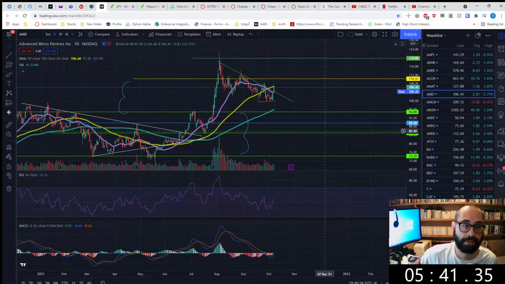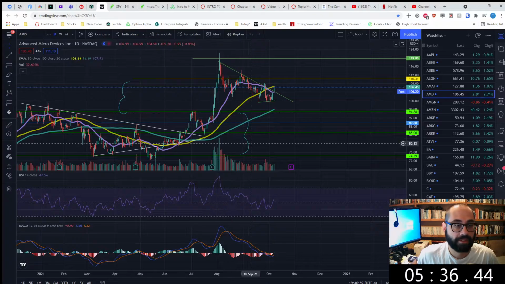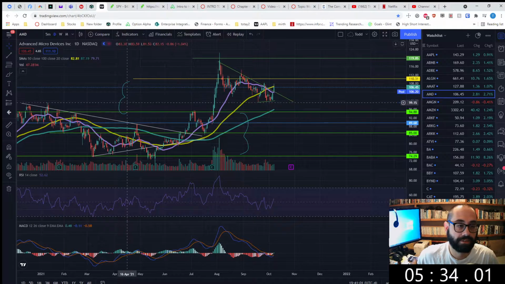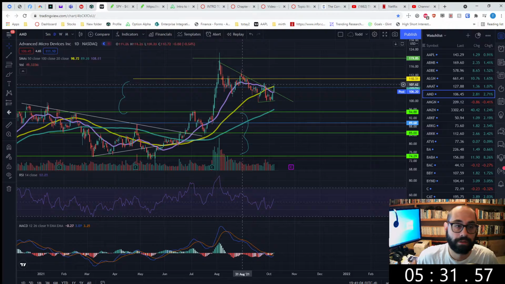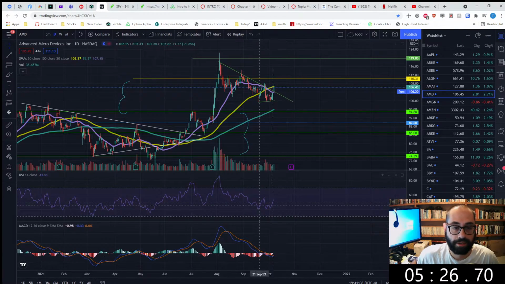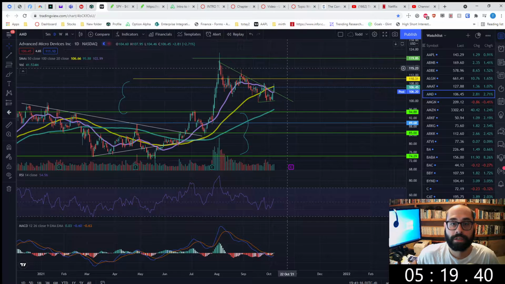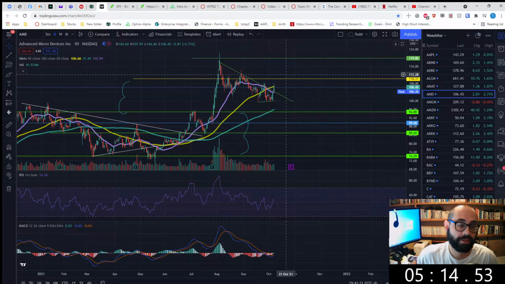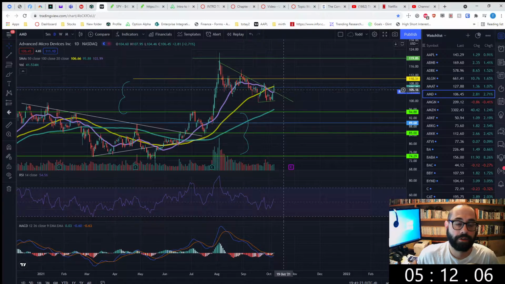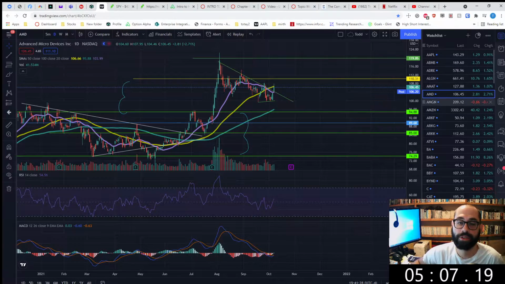AMD, I'm actually in AMD at this point, but I don't really love the chart. I had this before as the old bracket, and this is the new bracket or channel. AMD tends to trade sideways a lot. MACD and RSI look good, and earnings is coming up. So we probably get a pump up here to the top of the channel, maybe 115, but I wouldn't expect it to go much further than that. So if you're not already in this, I would personally be holding off, but I'm not insanely bullish on semis like some people.